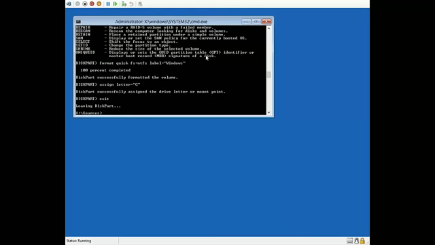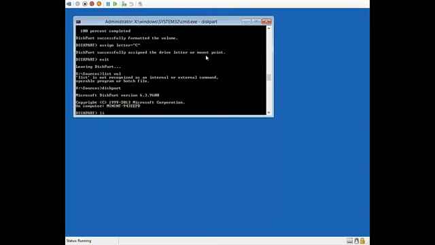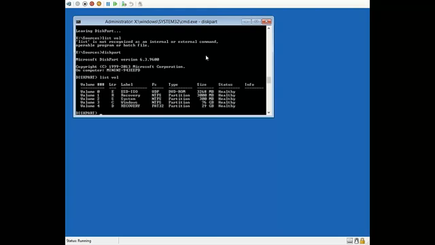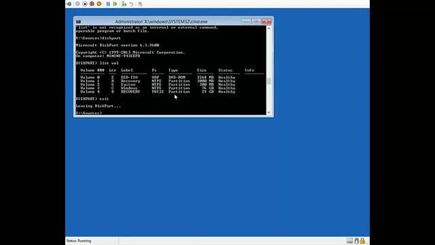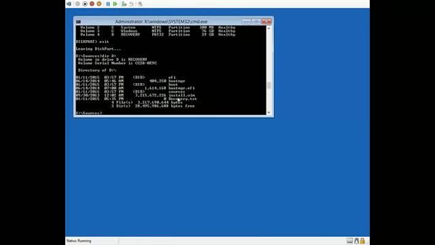Now what we need to do, I need my volumes again. Oh no, I need diskpart. See, I'm really not thinking right now. I need my volumes because I need to know. Okay, it's on the D drive. Alright, so I'm going to dir the D drive, and as you can see, my install.wim is right there,